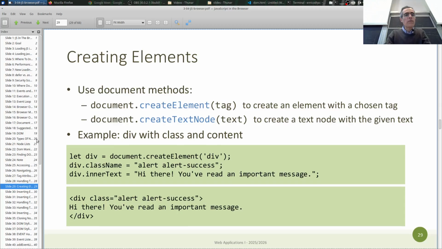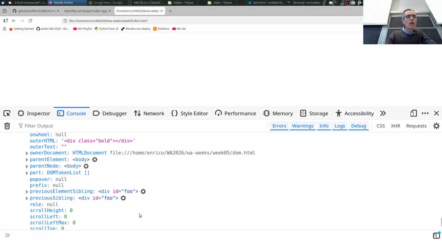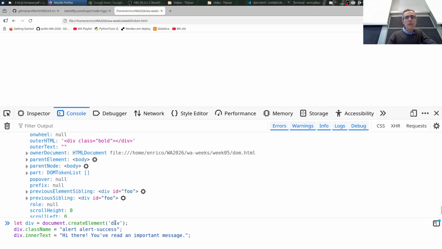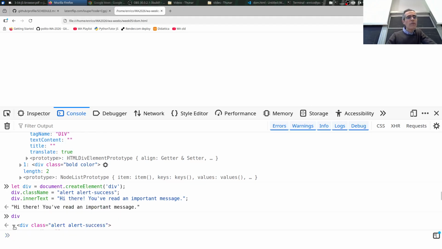Let's try this code. Okay, code, copy. We are here, right? So paste. Let div, class name, div inner text. Okay, fine. So you see the div, okay? But where is the div? Especially, where is the inner text? There's nothing shown here, right? Well, actually,